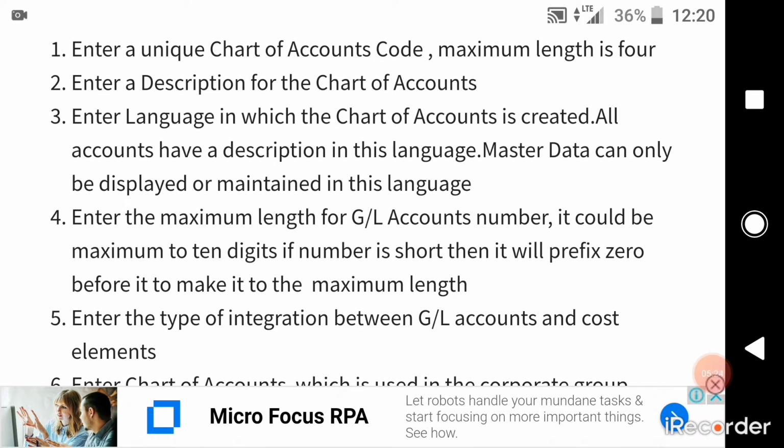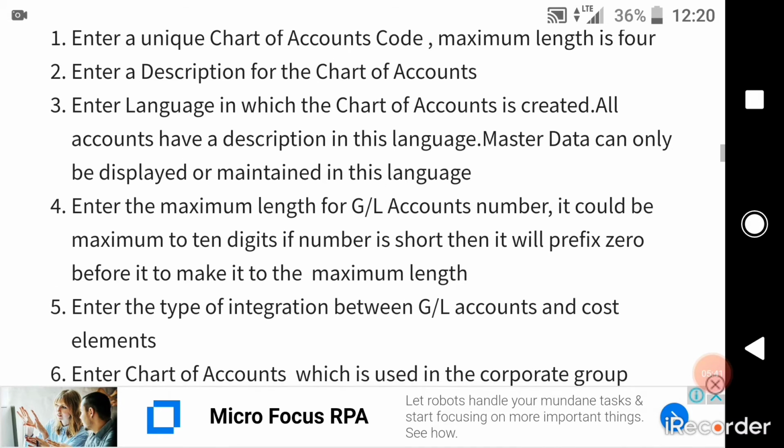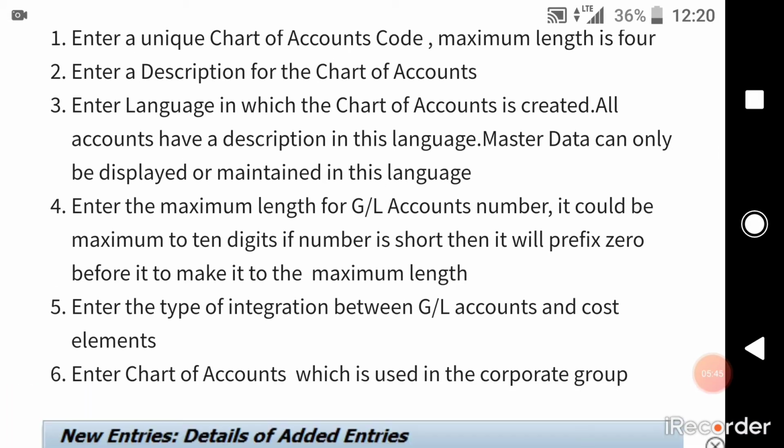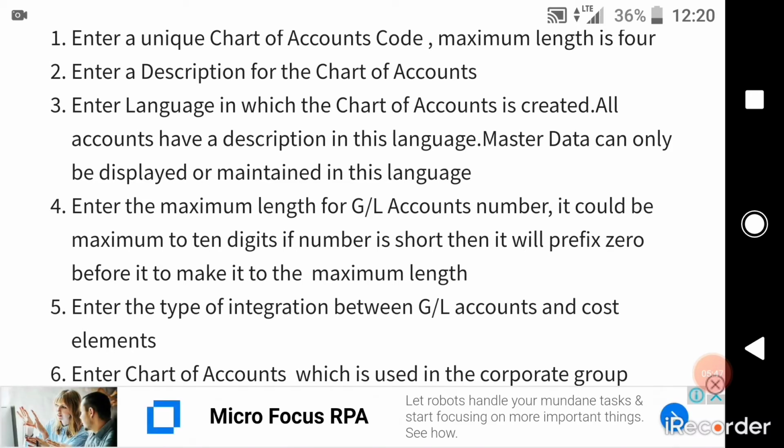What are they? First, enter a unique chart of accounts code. Maximum length is 4, select any 4 digits, and it should differ from the company code. Second, enter a description of the chart of accounts, like financial accounting, sales accounting, branch accounting, expenses accounting or fixed assets. Third, enter the language in which the chart of accounts is created.